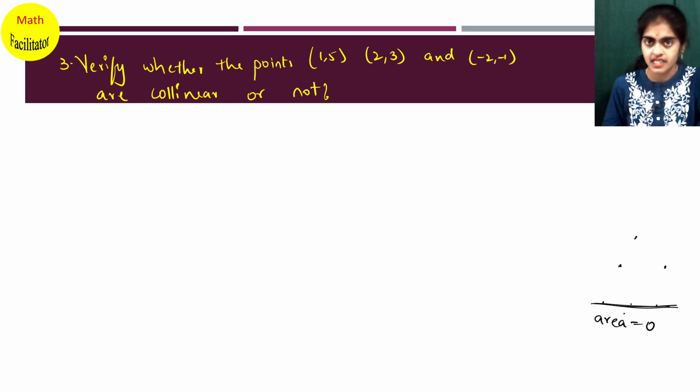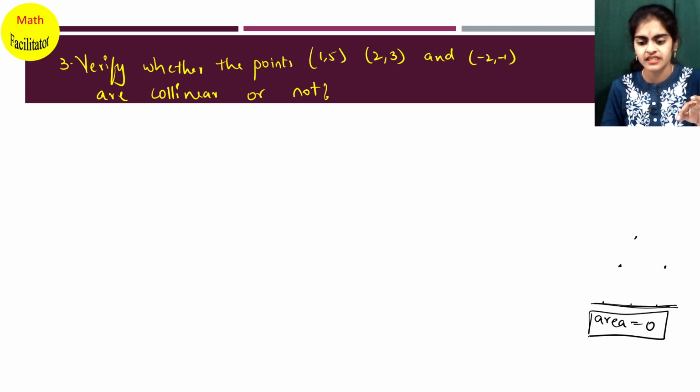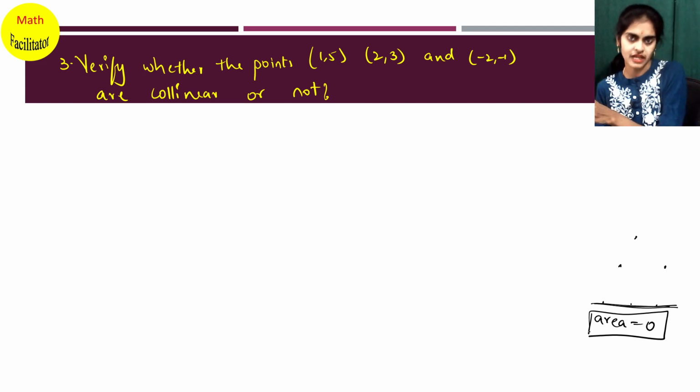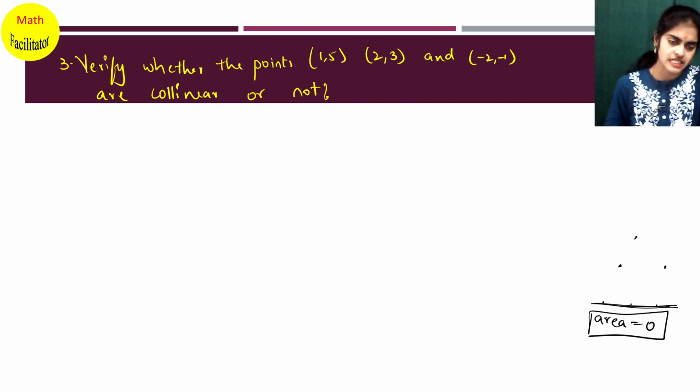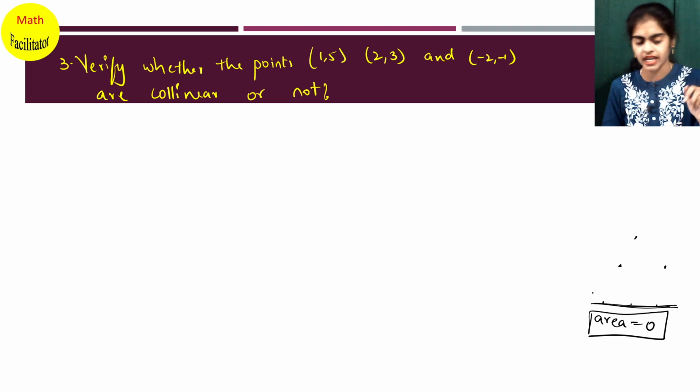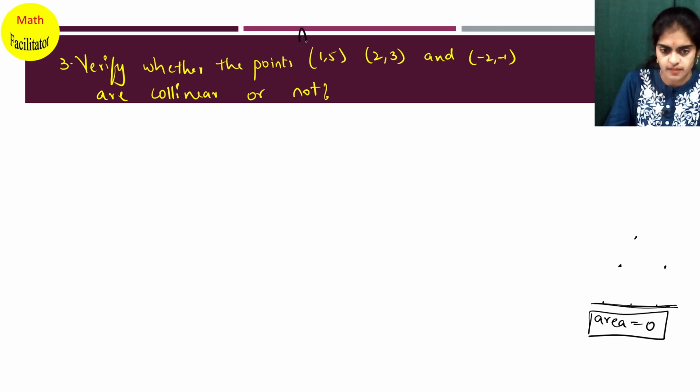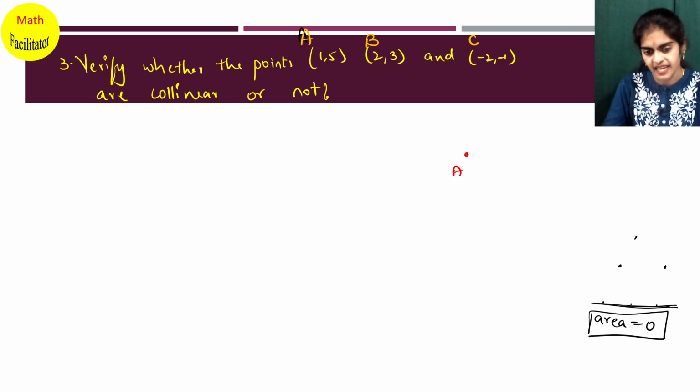Otherwise, since we are in distance formula now, to find the area of a triangle using 3 points, there is a different formula again. But here we are only using the distance formula, so there is one more concept which I can tell you. So what is that concept? Suppose I consider this point as A, this as B, this as C. Okay, so I'm just considering the points as A, B, C.